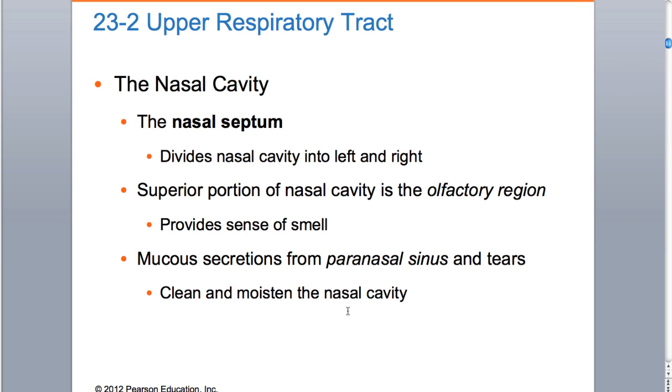So if you had to look at the functions of the nasal cavity, you would say it like this. Sense of smell as a function of nasal cavity. Clean, moisten, and warm the air. So it'll actually warm up the air because you don't want cold air going down into your lungs. So it has sense of smell, cleans and moistens the air, and filters the air as well. So cleans, moistens, warms, filters, and sense of smell. Okay, so those are your functions. Next,